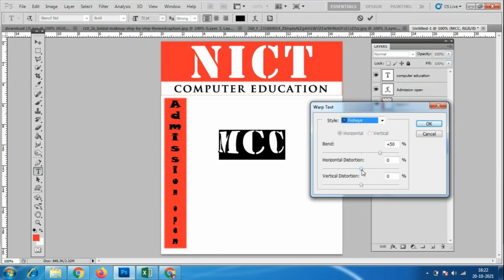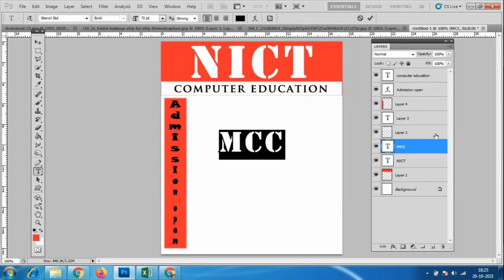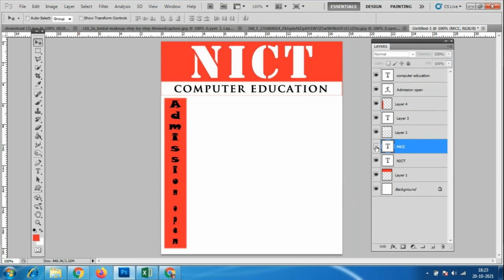See, all these options you can try. These options only apply to text, not to images or anything else. If I want I'll keep it, otherwise I'll hide everything. So now I'm going to hide everything.